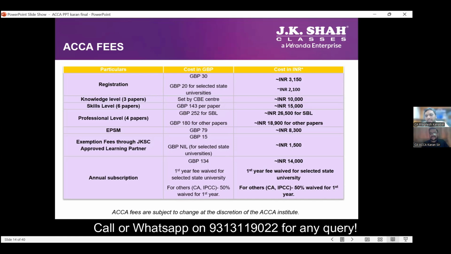Yes. And sir, if they clear ACCA, correct, do they get some visa for foreign countries, like the UK? So I'm trying to be a little more greedy now. See, we say this is a qualification which is a passport to 180 countries, but it is not a visa. You have to apply for the visa yourself. Correct. So it may push up your case when you have a foreign qualification, but there is no guarantee as such of a foreign country visa.